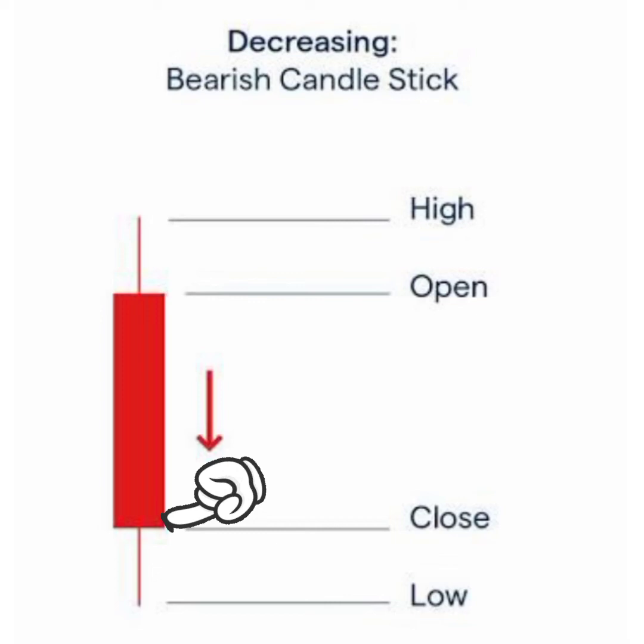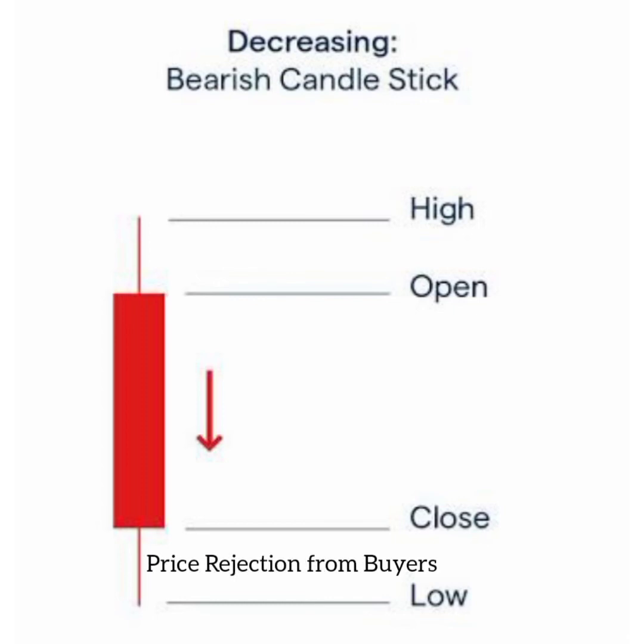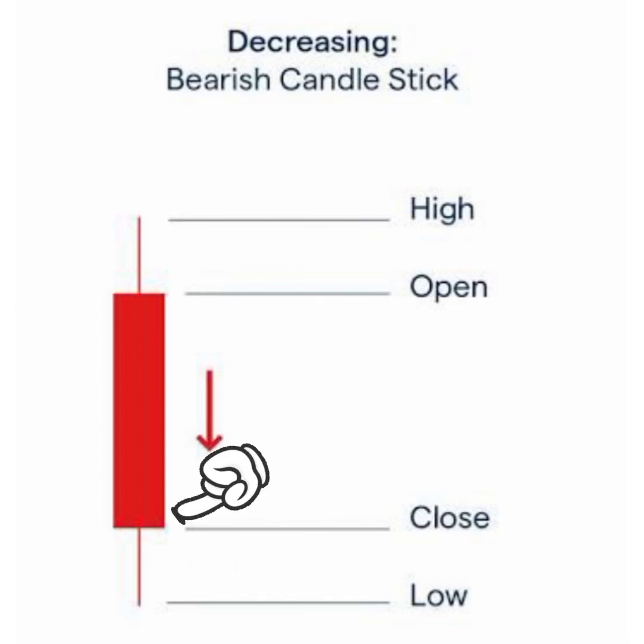Now what this is telling you is that at this point here where you have the high, the sellers were in full control. That's the rejection, telling the buyers there's no position for you here. So they pushed the price down to the lowest point and buyers came up and said, look, we have to push the price up again. They did, but they couldn't. And then it eventually closed here. So basically, this is just a simple